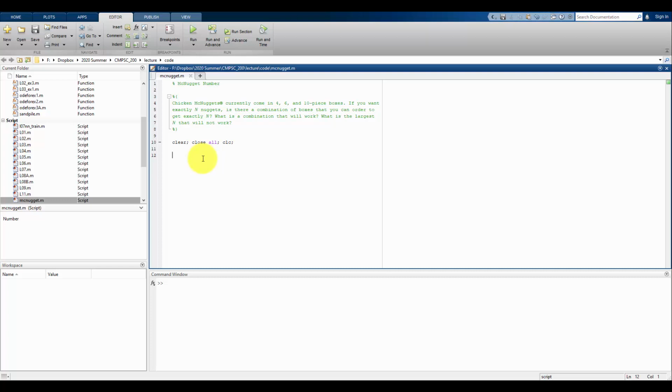What makes this problem both more difficult and in some ways more simple is that I can only order an integer number of boxes. So I can't order 1.5 boxes of 4-piece nuggets to get 6, let's say. I have to order exactly 0, 1, 2, 3, 4, 5. So this is an integer problem. So again, if we wanted a more elegant way to do this using linear algebra, we could use integer programming to do it, and we could do even very complicated combinations with lots more types of piece boxes very, very